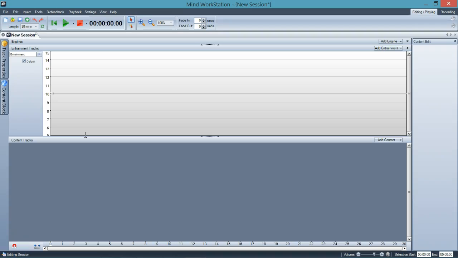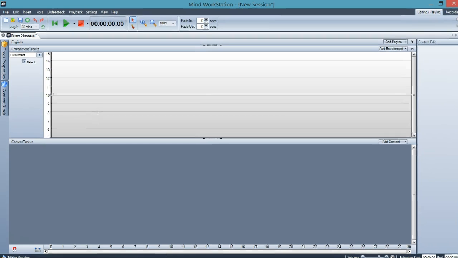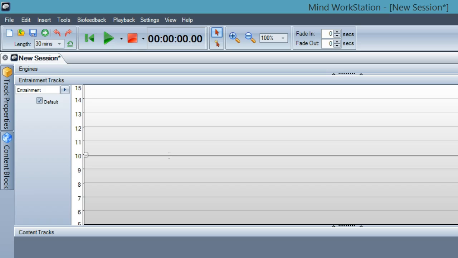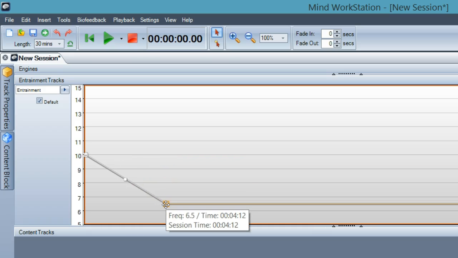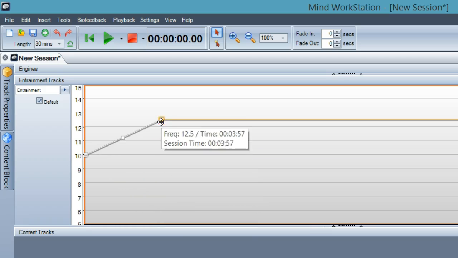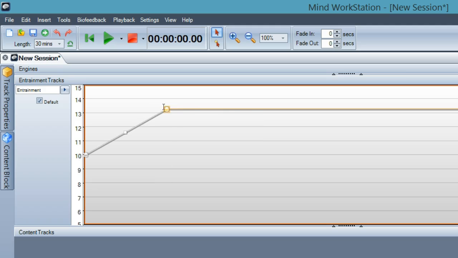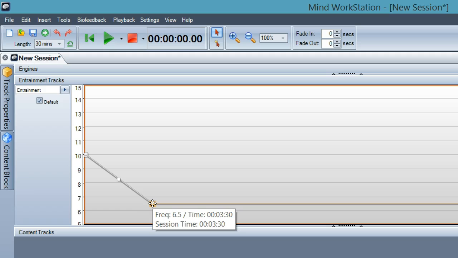In this video, we're going to look at creating ramps and the structure of ramps here in Mind Workstation. A ramp requires two nodes, and keep in mind that when there are two nodes, this is considered the segment between them. Technically, this is a ramp between them, although it's a straight flat line. But a ramp, as we normally use them and recognize them, requires that you shift the position of the second point upward or downward. So this would be a ramp going upward, and this would be a ramp that goes